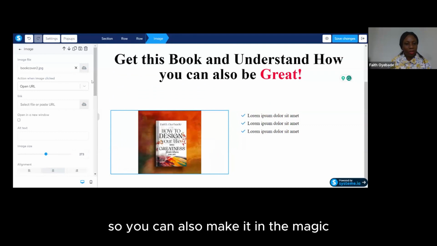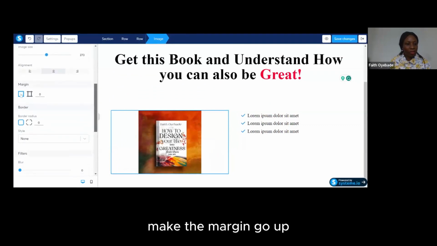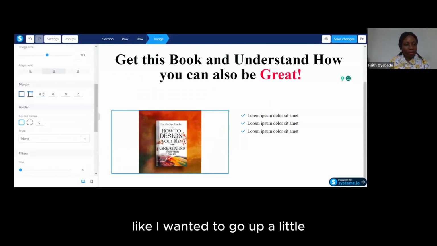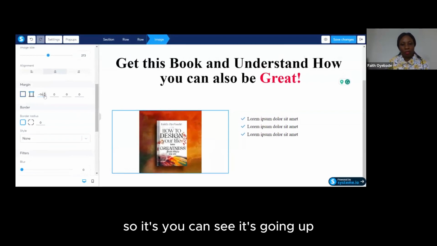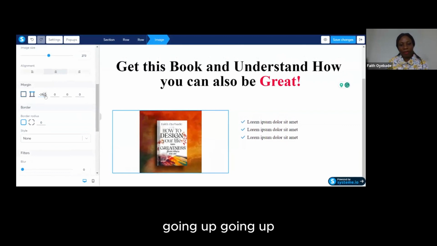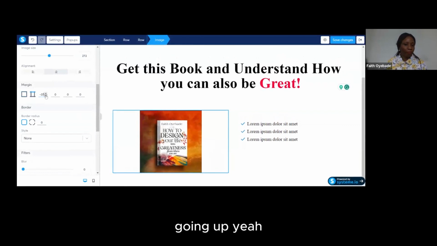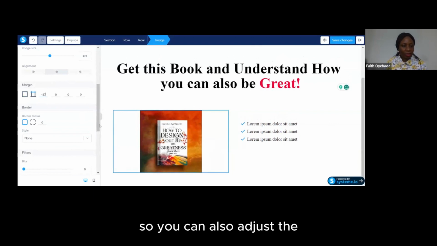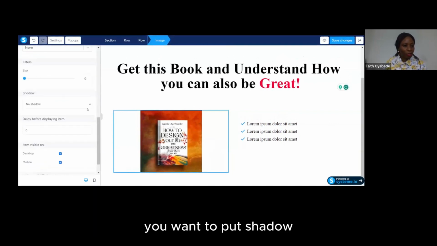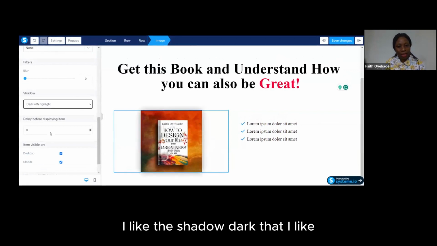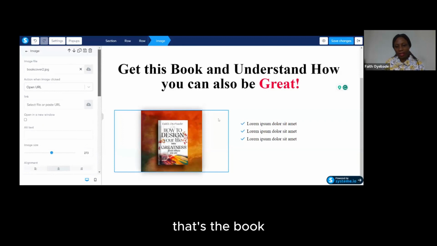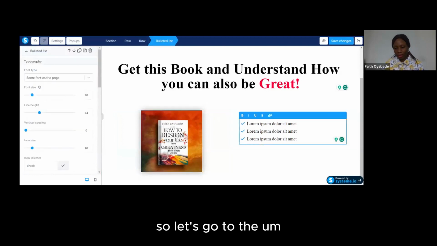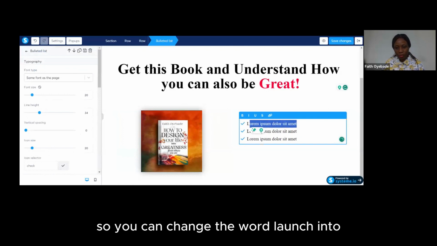You can also adjust the margin, make the margin go up. Like I want it to go up a little. So you can see it's going up. Yeah, I think it's fine like that. You can also adjust the filters. If you want to put a shadow, I like the shadow dark with highlight. Yeah, and that's that. And that's the book. So let's go to the bullet points. You can change the words. Launch into